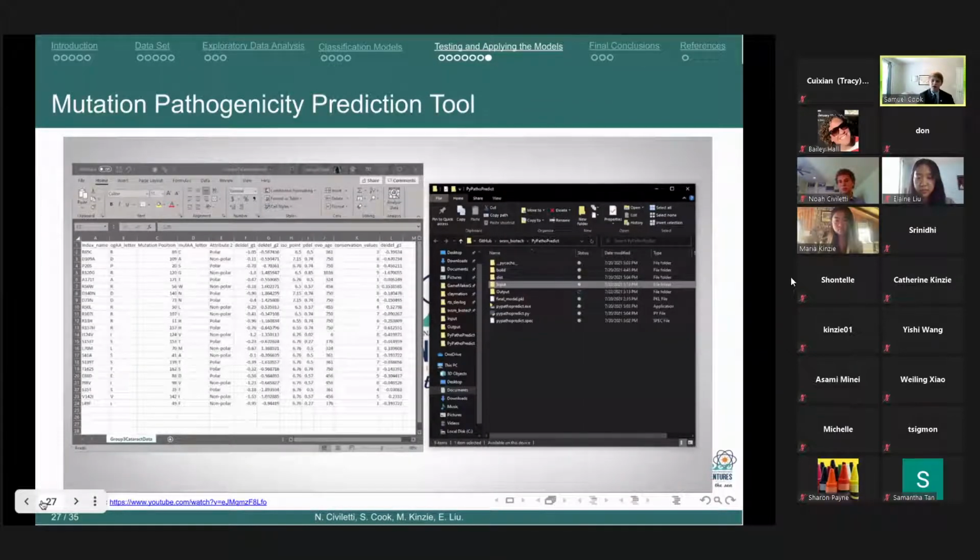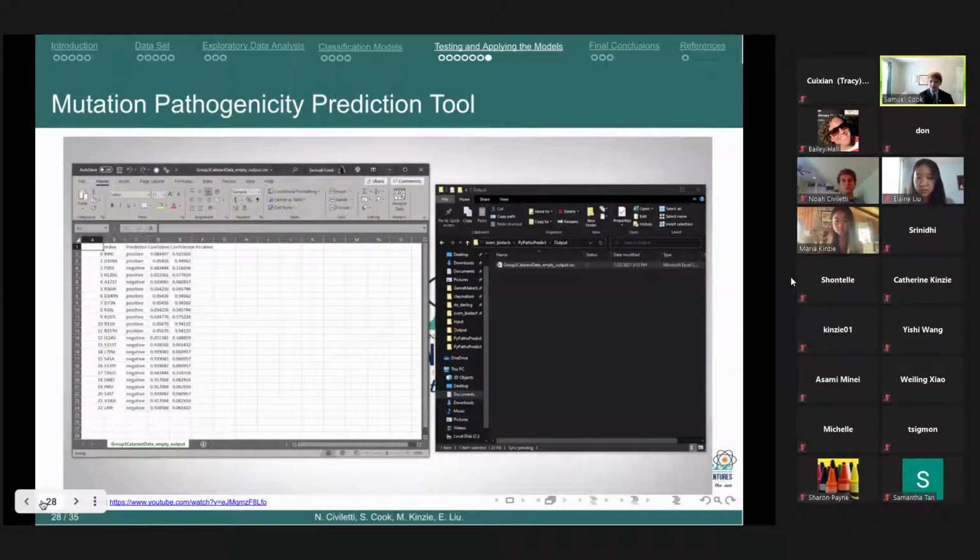We wanted to make this tool as user-friendly as possible, so that researchers who do not have a background in machine learning would still be able to utilize this tool, as well as medical professionals trying to predict the likelihood of someone having hereditary cataracts. So we decided to make it an executable file in which you'd put a dataset CSV into an input folder and run the exe file and receive an output CSV file which had what was shown on the table before: the index, the predictor, and the confidence values for either positive or negative.